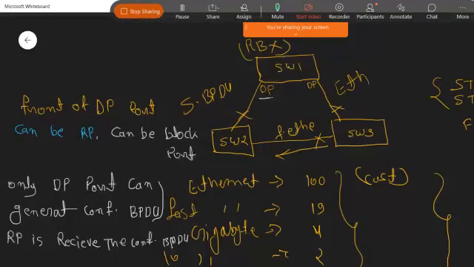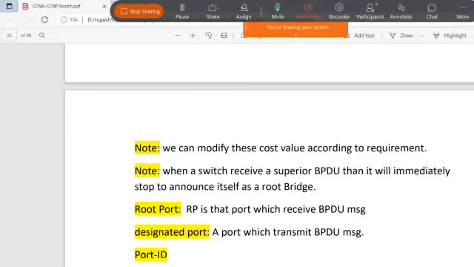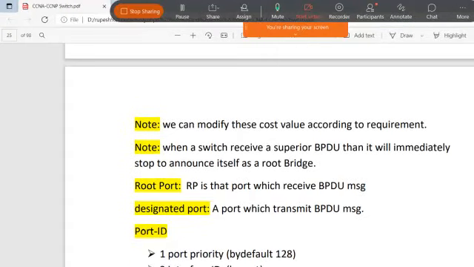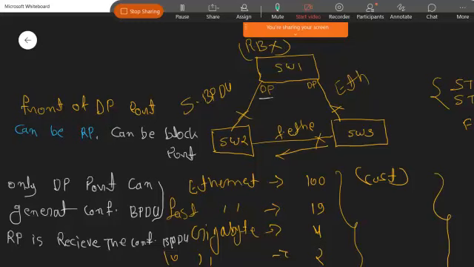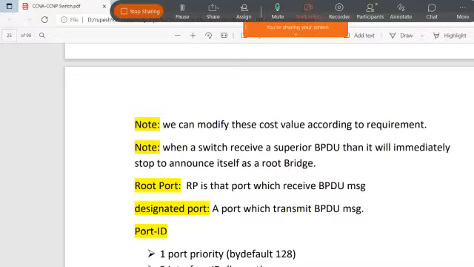As I told you, the root port always receives the configuration BPDU. A designated port is a port which transmits the BPDU message, that is, the DP port. The designated port always sends the configuration BPDU.